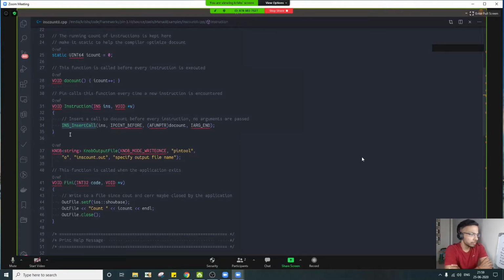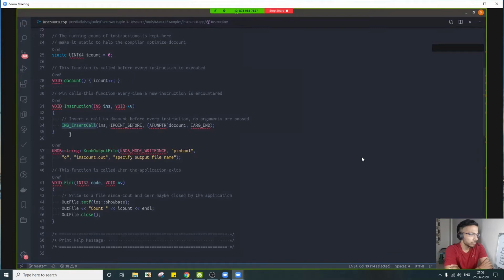Here you can see that I have an additional call, INS_InsertCall. I'm telling pin to add one more callback to the particular instruction, and I'm telling it where to add it. I point to before, which means put the call to doCount, the actual analysis function.